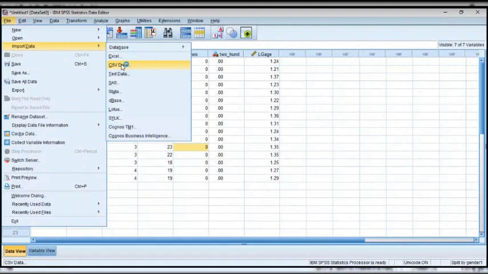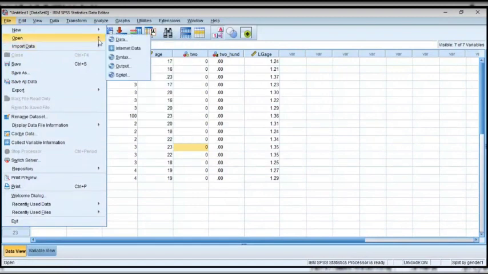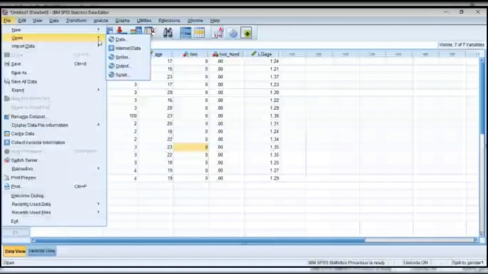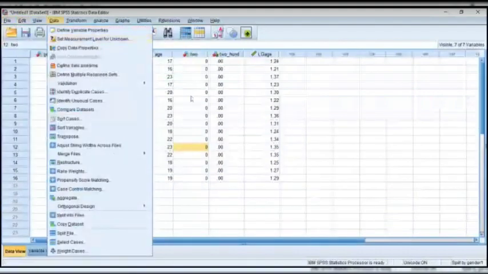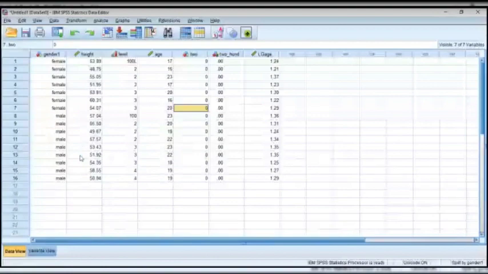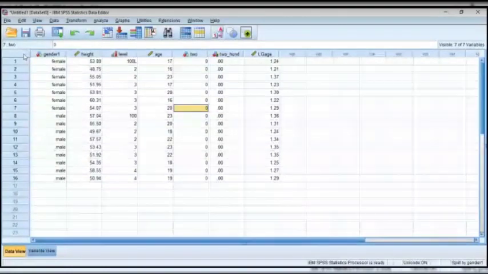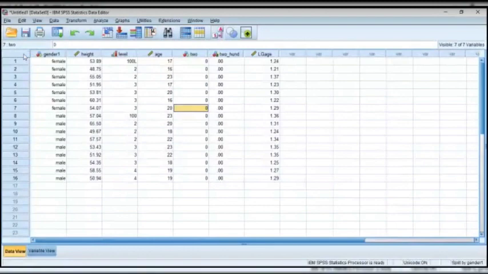And of course, we can save our data set. The format of the save in SPSS is .sav. Whenever we see a .sav file, we should know that it's an SPSS file. And we can save our data set and open it when next we need it. And I think for tonight, that's just the basic data entry skills, data manipulation skills, and data simulation skills that we need in SPSS. We can explore more on our own.